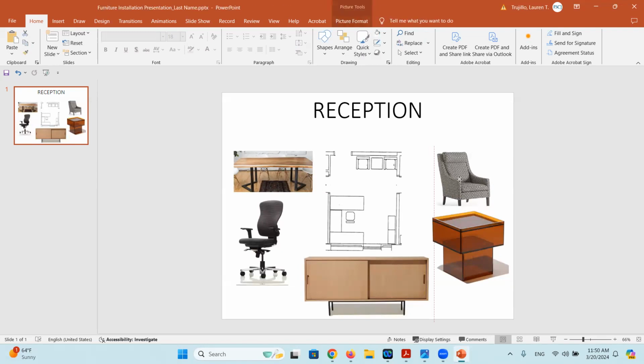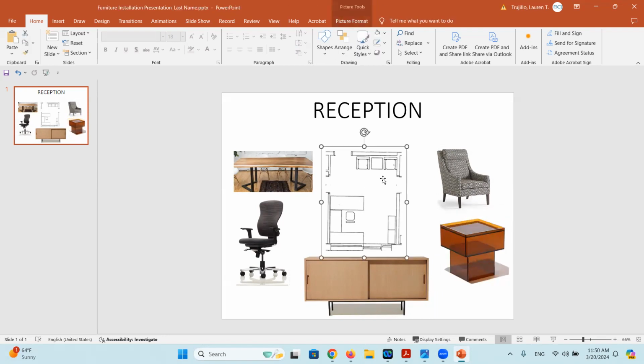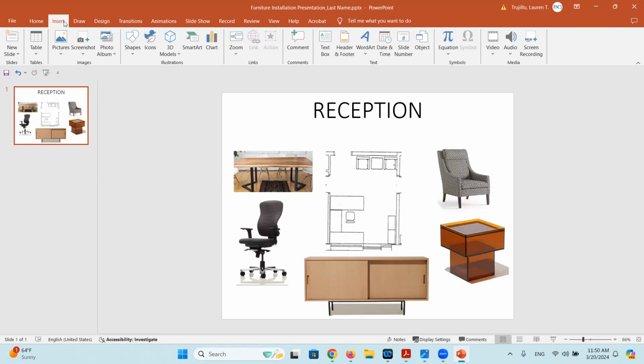So you can see I'm just adjusting pieces or images on here so that it looks a little bit neater, a little bit nicer. I'm making sure that my images don't overlap and that there is just a slight sense of symmetry and order to this. Now what I'm going to do is create leader lines or arrows. People outside of the industry often call these arrows, but design professionals refer to these as leaders. And so the terms themselves are interchangeable.